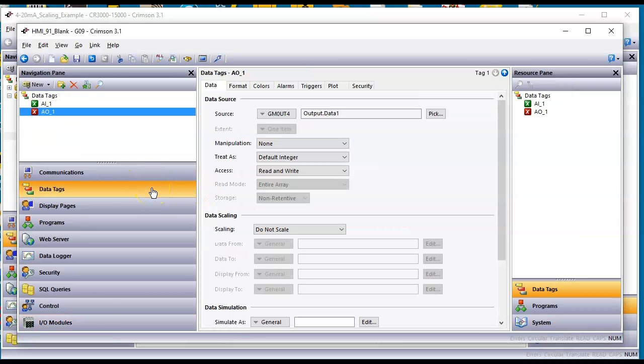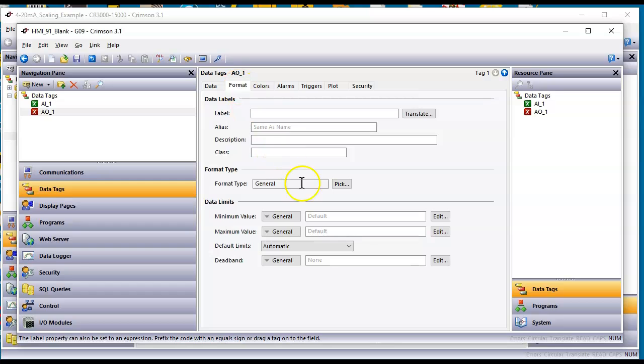So if I go over data tags, and here's our analog output. Now we know, if I go to the format tab, that the minimum value for this is 0 to 10,000 here. And we also know, if I go to analog input, I might as well just match, because it's going from 0 to 10,000 here as well. Right there. So if I wanted to show my analog input as a 4 to 20 milliamp number,